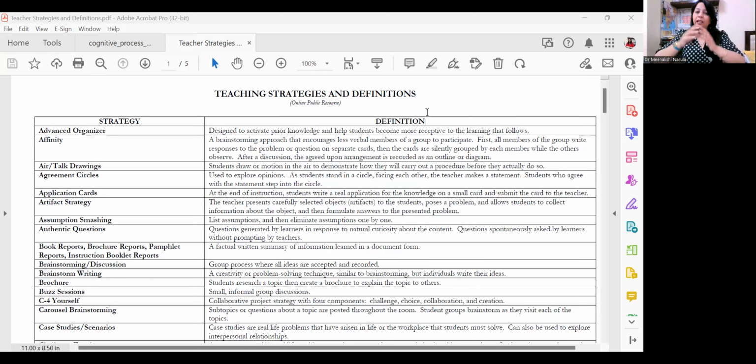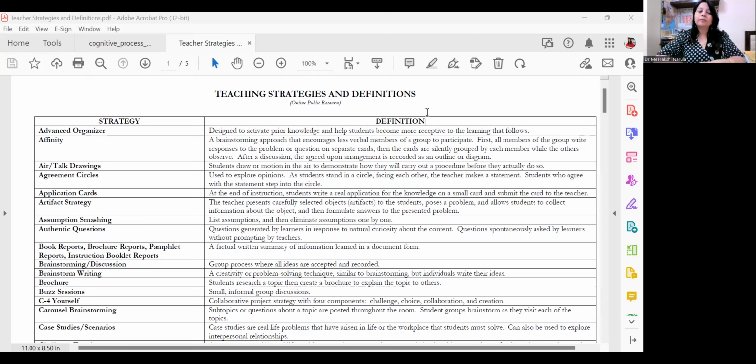So it's about affinity. Affinity, you must have known, is like when you stick to one point. This is a kind of pair share activity as well. But here it's in a different form, where the students write their responses only, and then discuss the responses with the other group members by sharing cards, by drawing sketches and all, and the final output is also presented in the form of a diagram or an outline.